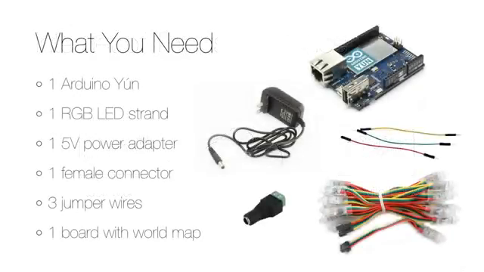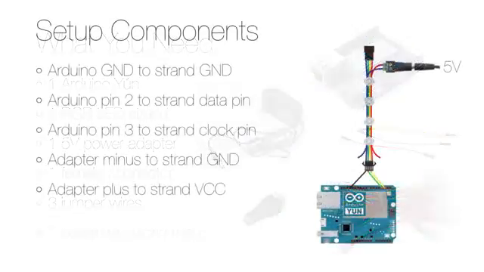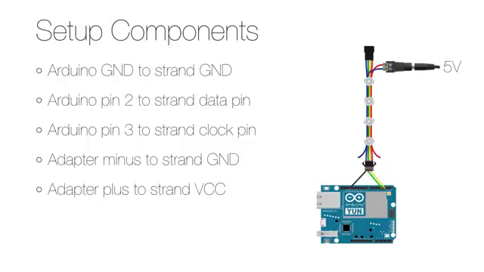To do that, you need an Arduino Uno, an RGB LED strand with at least 25 pixels, a 5-volt power adapter and a female connector, 3 jumper wires, and a board with a world map that has 12mm holes for each stock exchange location. To set up the hardware, you start by disconnecting everything from its power source, and then